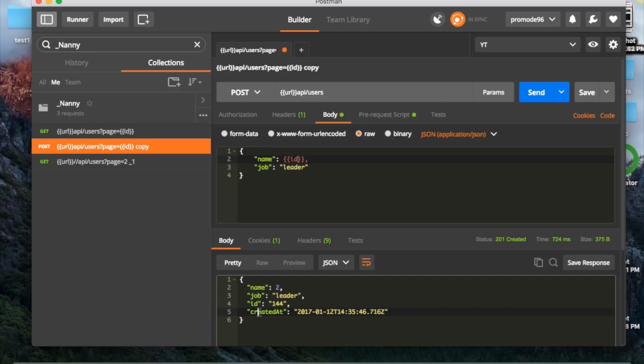So this was a pretty small tutorial about how you can create an environment in Postman, as well as how you can use a pre-request script, as well as use a dynamic body to send a particular POST as well as PUT request